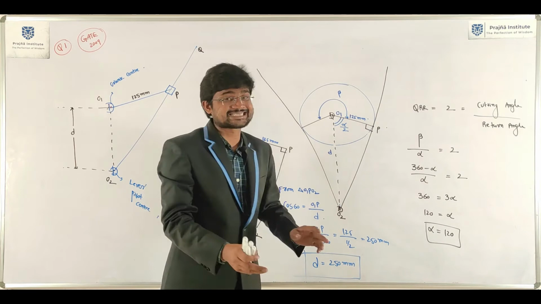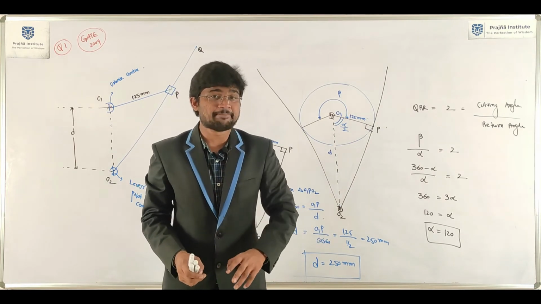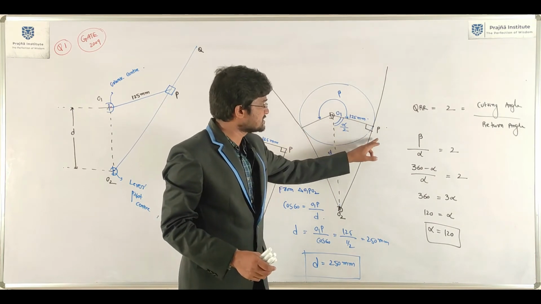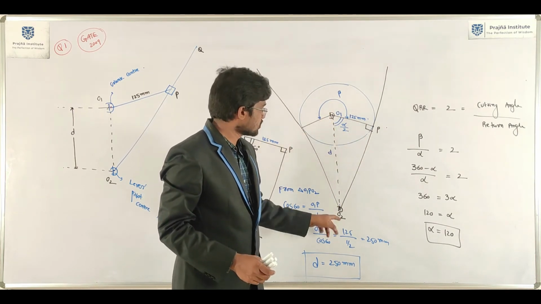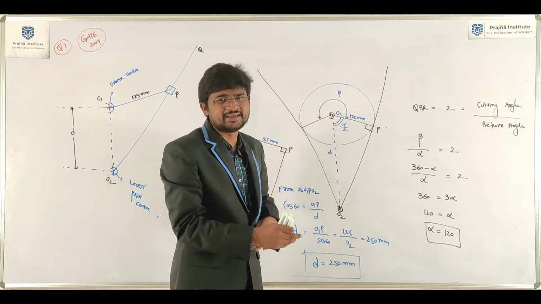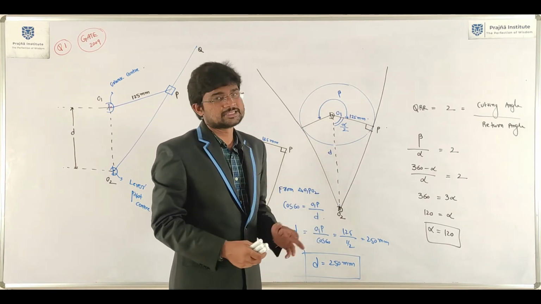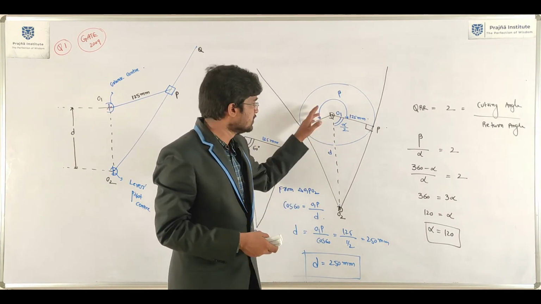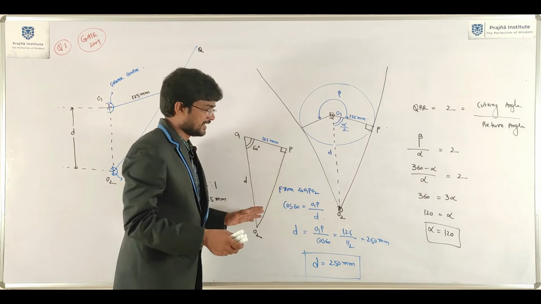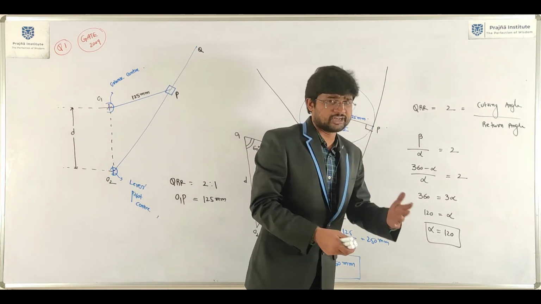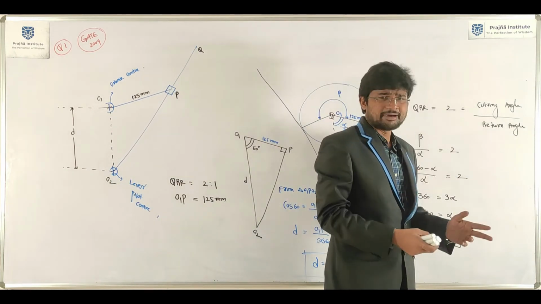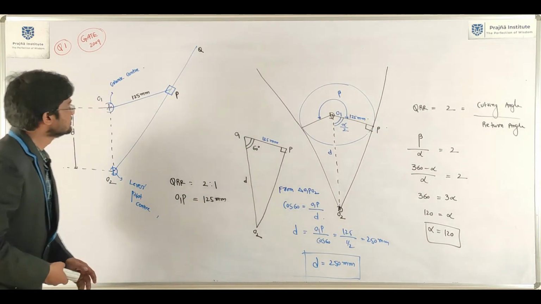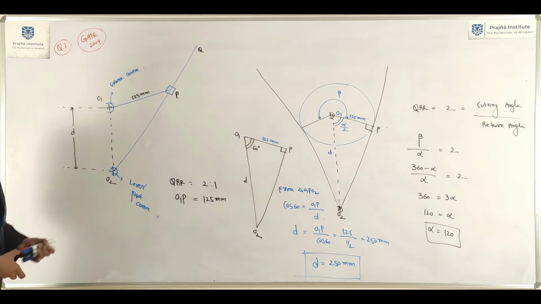These two are the extreme positions of the slotted bar. In that case, these two are tangent to the circle, that means they are perpendicular. So construct this particular thing. We already explained this in the crank and slotted lever quick return motion mechanism. Take this particular triangle. We already defined quick return ratio, cutting angle by return angle, beta by alpha equal to 2. Finally, we get alpha equal to 120. This question was given in GATE 2009.